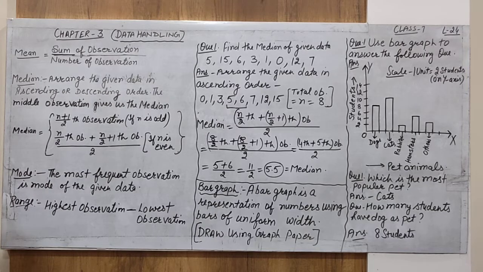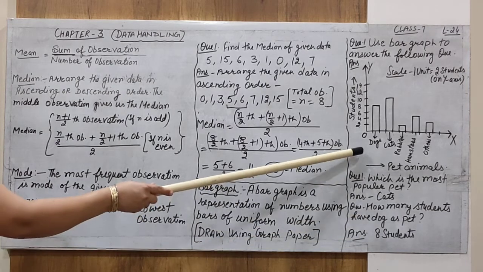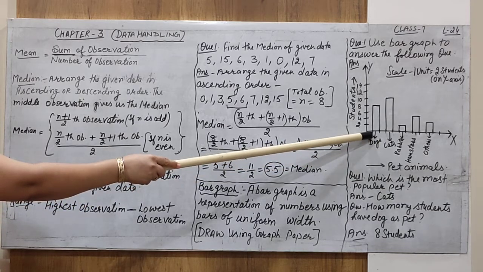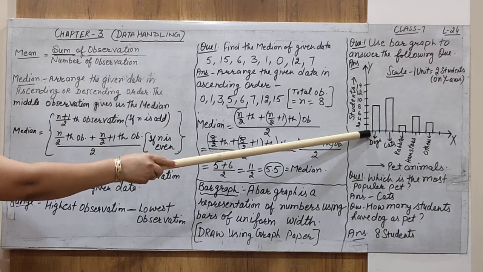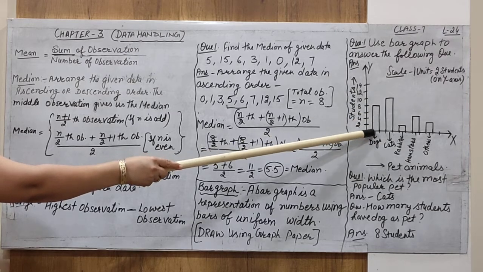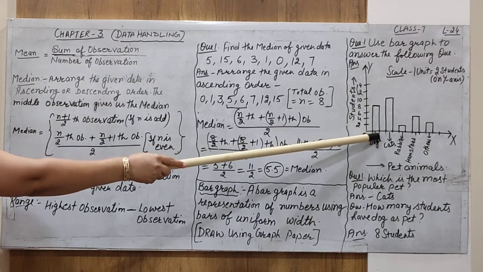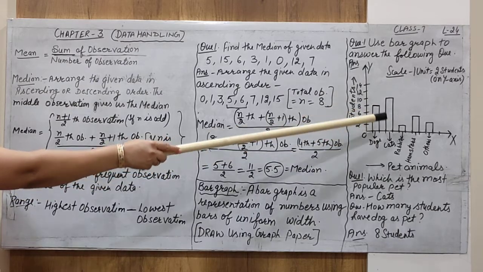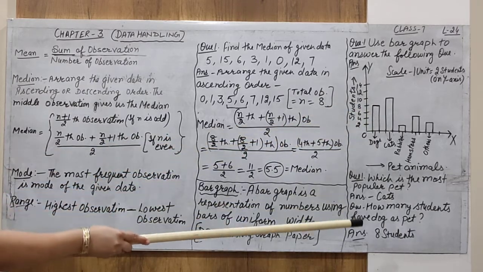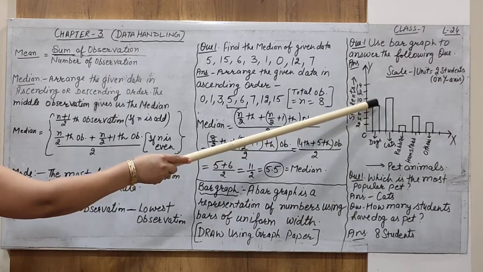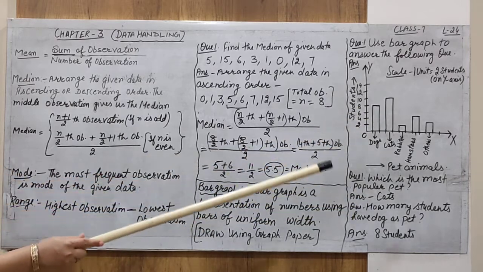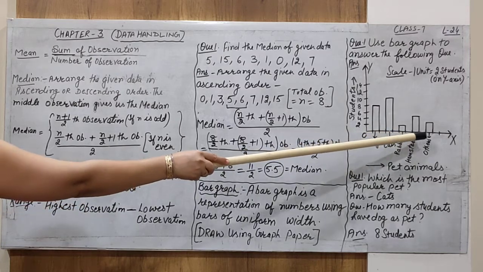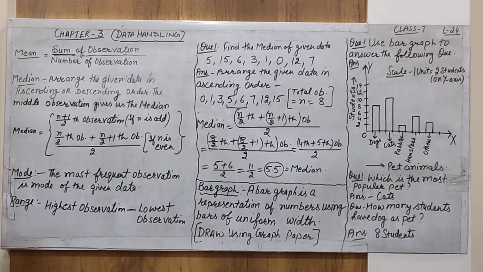Now understand the graph. On the x-axis, 1 unit is spared. Leave 1 unit. After that, use the second block for the graph. The graph is like a rectangle actually. The opposite sides are equal. This is called a bar. This is the first bar, second bar, third bar, fourth bar and fifth bar.